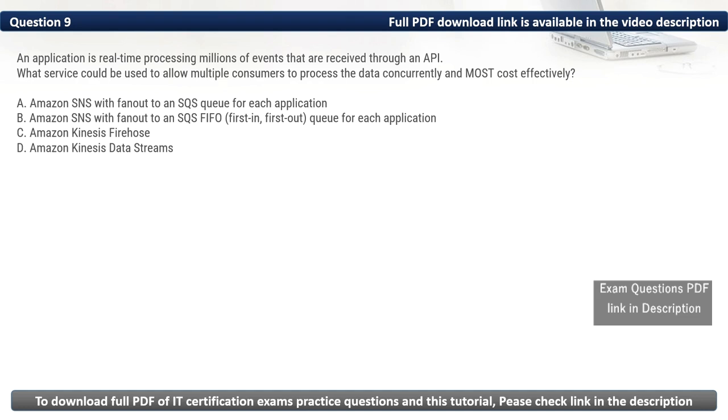Here in this question, Amazon Kinesis Data Streams can be used to allow multiple consumers to process the data concurrently and most cost effectively. Thus, the correct option is D.